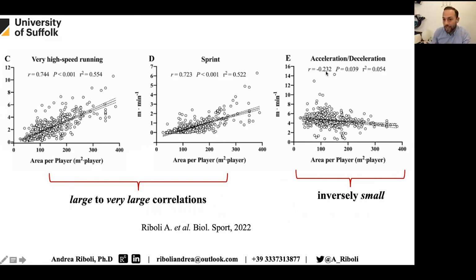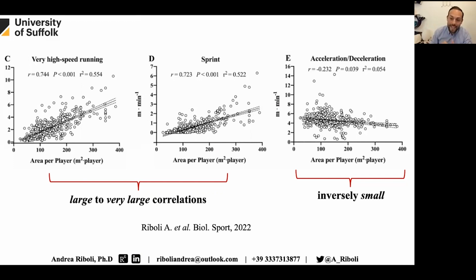While for acceleration and deceleration, we found an inverse small correlation between the area per player and the external load. So to manage our training load using small-sided games, we need, for sure, to increase the pitch size to increase the external load demand, while for acceleration and deceleration, the intensity was quite similar using both small or large-sided